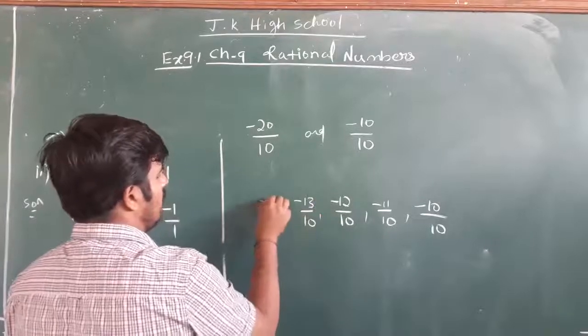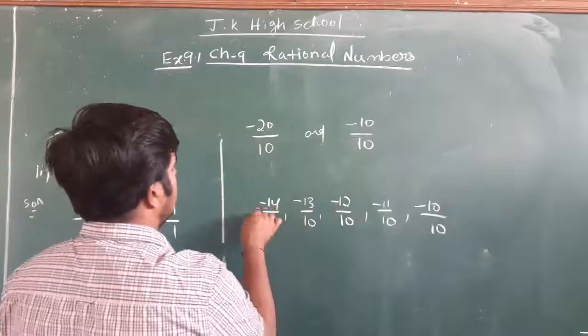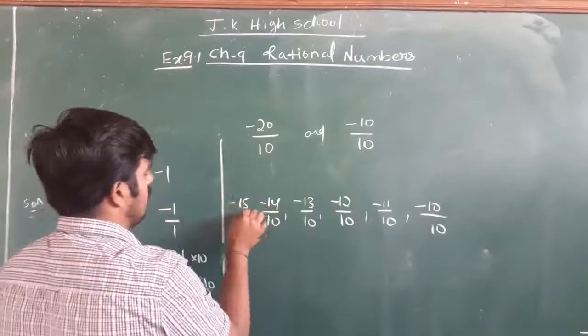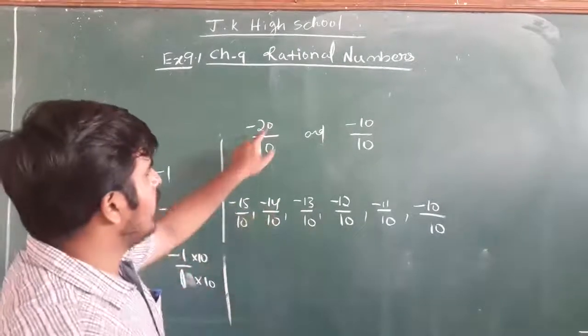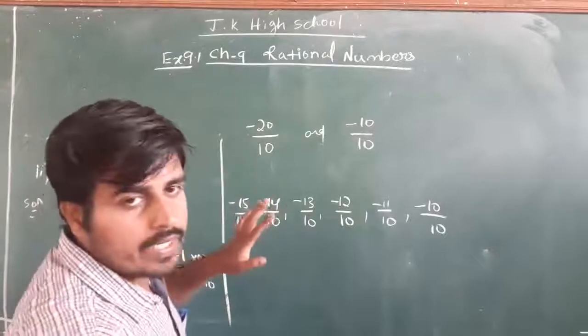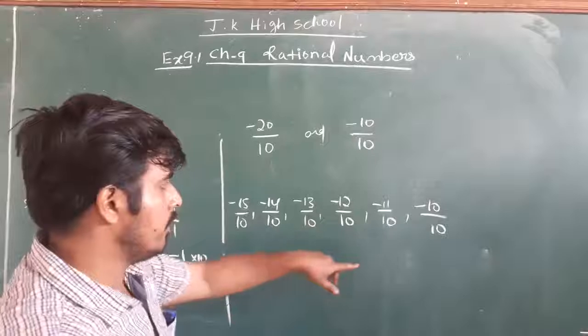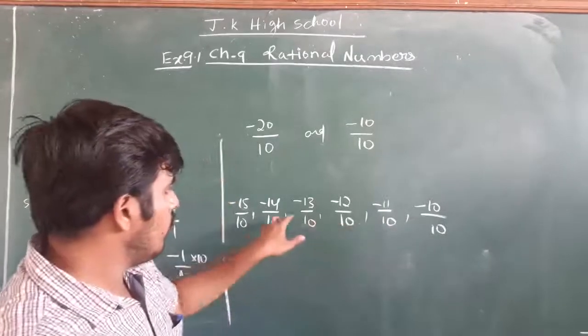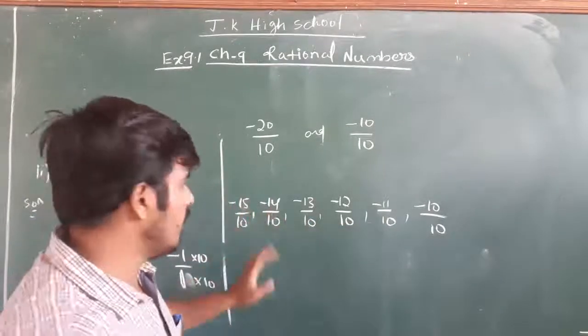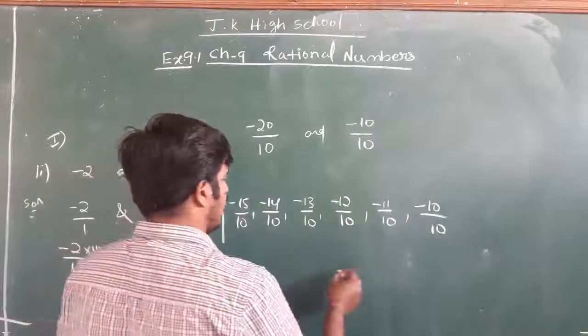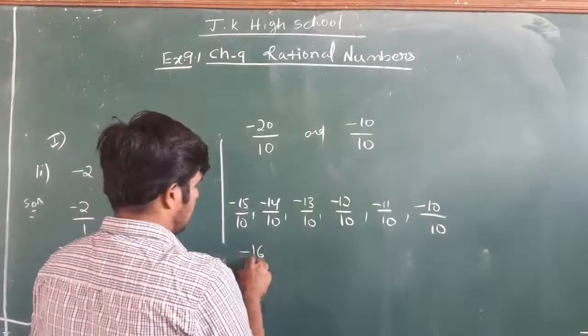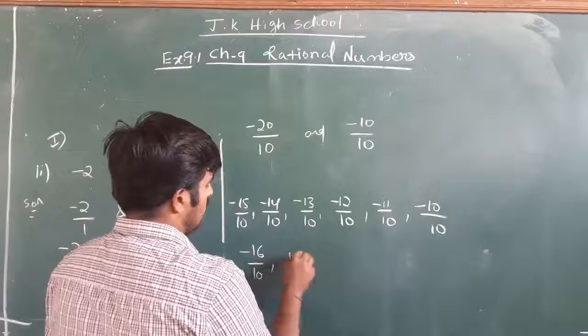Minus 14 by 10. You can go up to minus 20 by 10. You will get more than 5, approximately 9 or 10 numbers. But I got 1, 2, 3, 4, 5. 5 numbers is enough. If you still want, you can write minus 15 by 10, minus 16 by 10, minus 17 by 10,